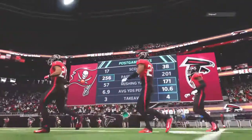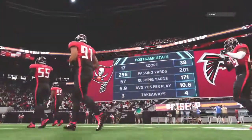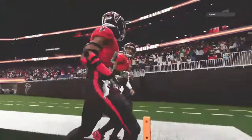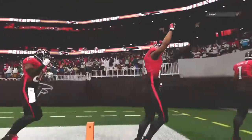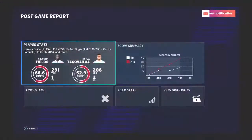So for the Falcons, they continue to rack up the victories as this one moves them to 13-2 on the year. And they'll get another home date next week as the Eagles will come to town. Meanwhile, for the Buccaneers, they're guaranteed now a sub-500 season as they fall